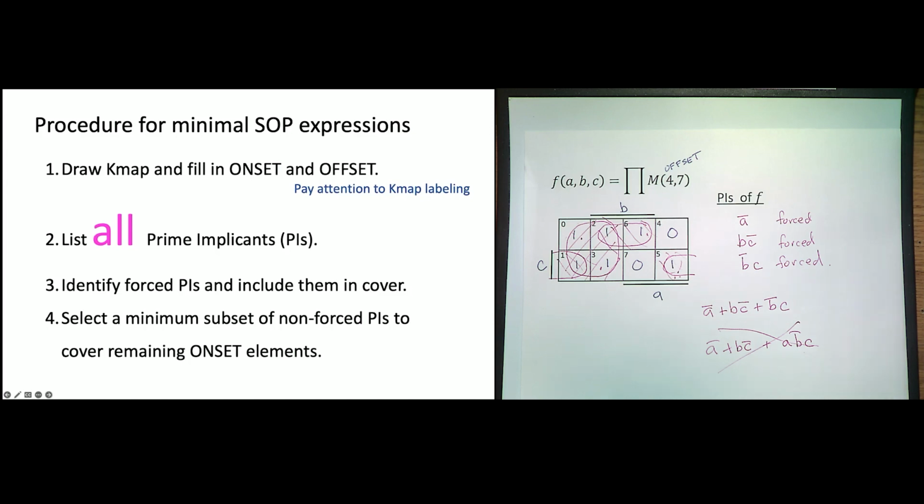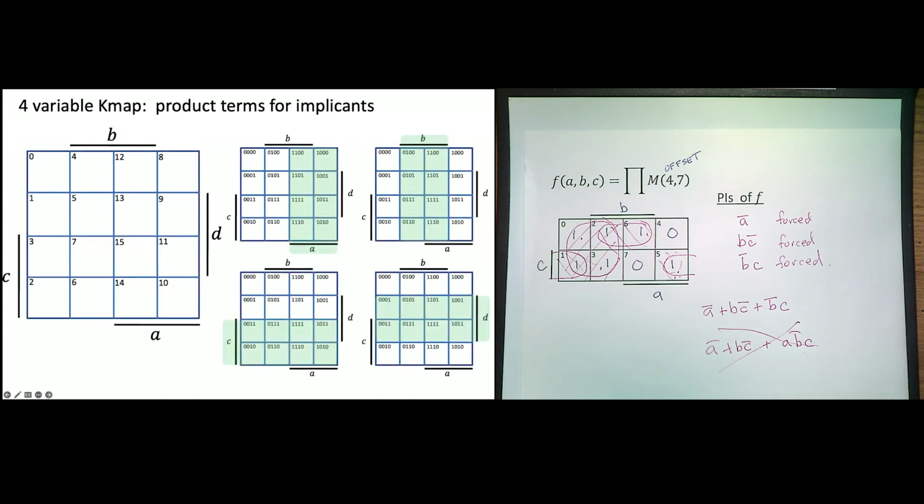All right, so really quickly, let's talk about finding products from 4-variable K-maps. Remember, we did talk about 4-variable K-maps. We will not do 5-variable or 6-variable, unless you really want to. No? Okay. So we're going to stop at 4 because I think that's sufficient to explain the concepts, and there's just too much bookkeeping involved in doing 6 and 5.